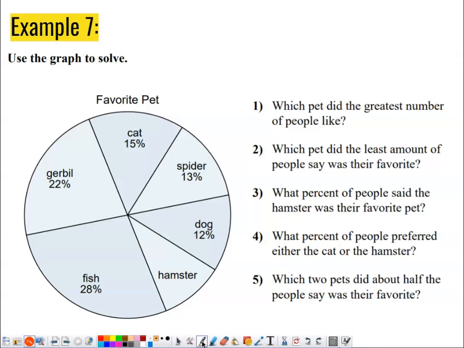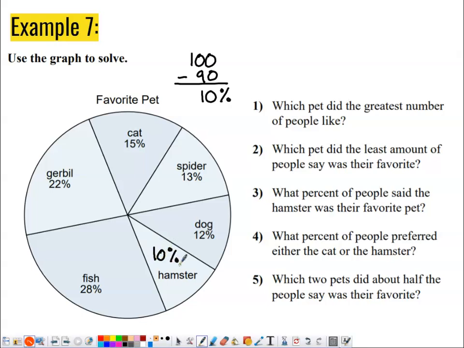We're going to go ahead and add these all together. So the 28, 22, 15, 13, and 12, right? To figure out the hamster, we're going to take 100 and subtract off that sum. When I add together 28, 22, 15, 13, and 12, that gets me 90%, meaning that hamsters account for 10% of the data. So I'm going to fill in that 10%, and that's going to make answering these questions much